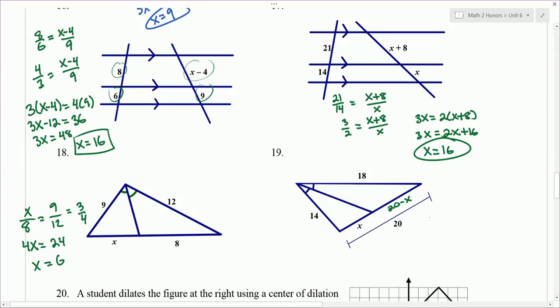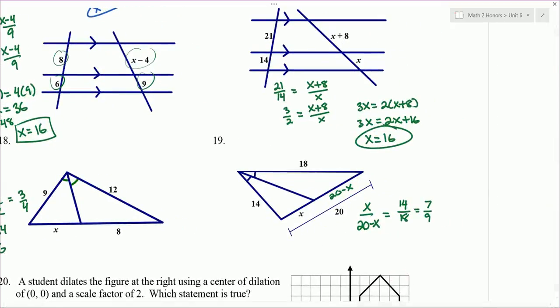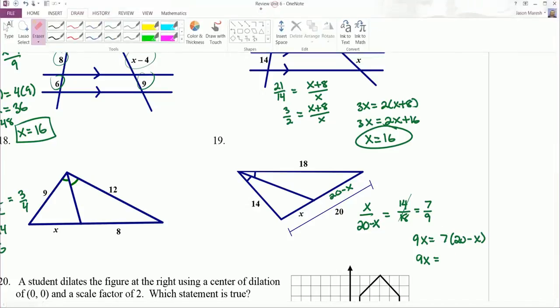So when we set up our proportion here, we're going to say x over 20 minus x is equal to 14 over 18. 14 over 18 we can cut in half to 7 over 9. And then kind of ignore the middle fraction and cross multiply. 9 times x is 7 times 20 minus x, or 9 times x is 7 times 20, which is 140